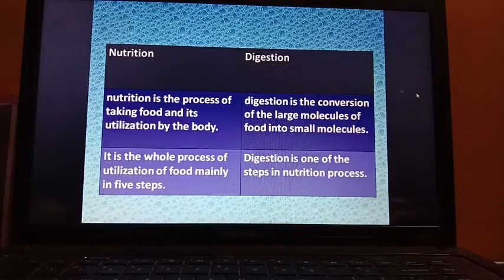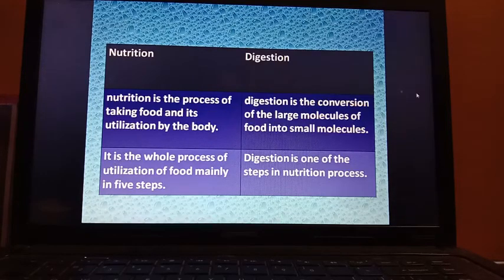Then number 6, renin, it is matching with B, casein. Then number 7, lactase, it is matching with I, lactose. Then number 8, bile, it is matching with D, emulsification of fats. Then number 9, pepsin, it is matching with H, proteins. And lastly, number 10, amylase, it is matching with E, that is starch.